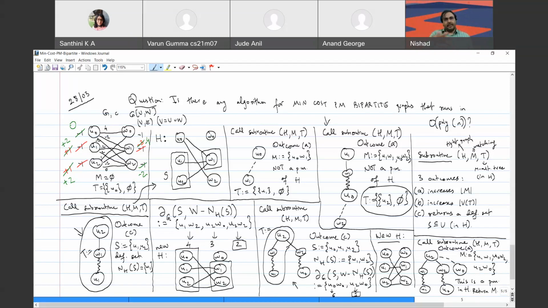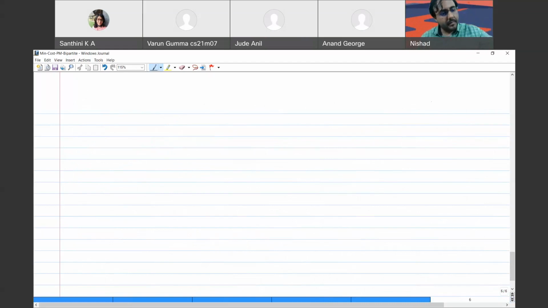So I want to write down the formal version of the algorithm, the pseudocode. All right, so let's go there. Let us formalize the algorithm. At any point we have dual feasible. So at each step of the algorithm,